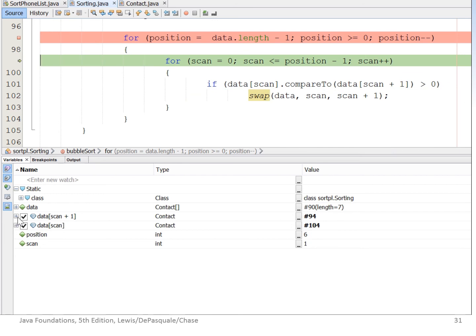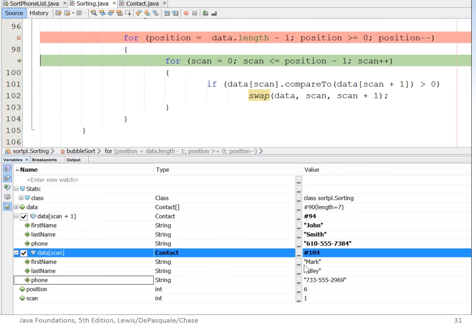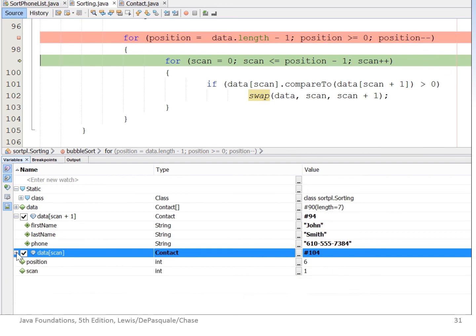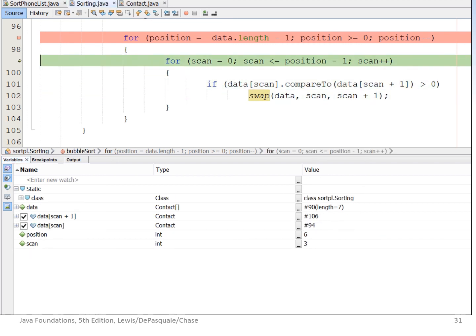And now if I look at them, data sub scan, which is 1, is, oops, Mark Riley, and 1 + 1, data sub 2 is John Smith. So he's bubbling up. John Smith is bubbling up. And if I continue, you'll see